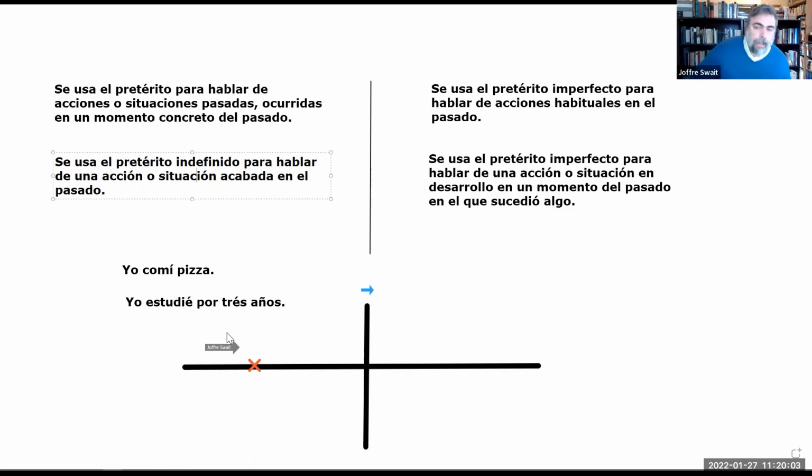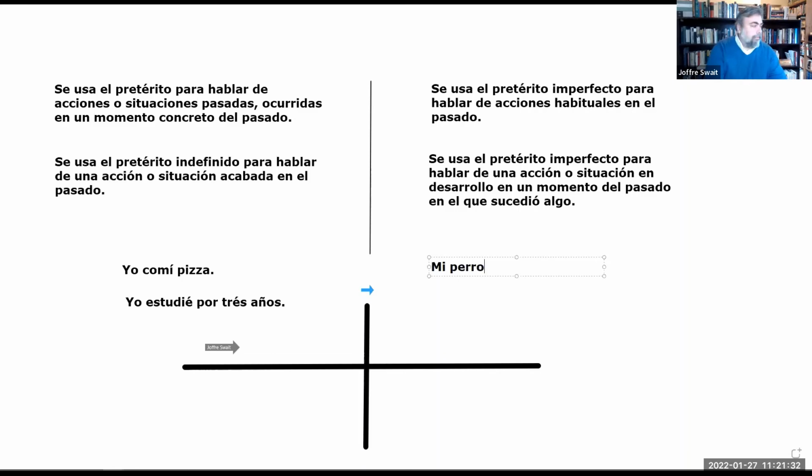Ok. Ahora vamos a hablar del imperfecto. Se usa el pretérito imperfecto para hablar de acciones habituales en el pasado. ¿Ok? ¿Qué es una acción habitual? ¿Ok? Bueno, tenemos un ejemplo en el libro. ¿Ok? El ejemplo en el libro es